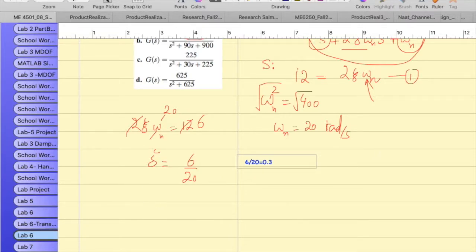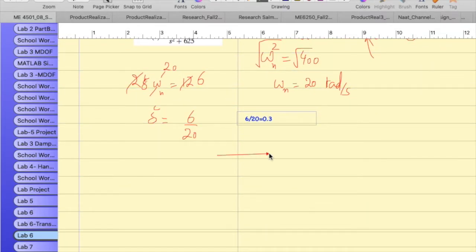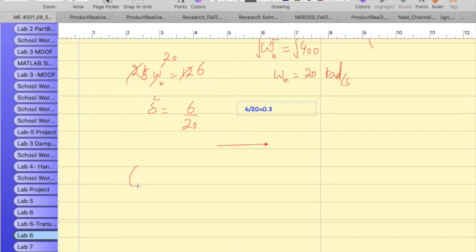The objective is to explain how to find the root locus of a transfer function. Whenever you want to find the root locus, you do it this way. So how would you do this? Suppose I'm interested in finding the root locus of this part A, which is G of s,